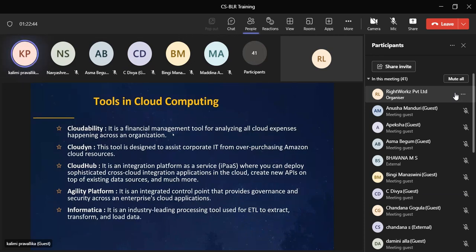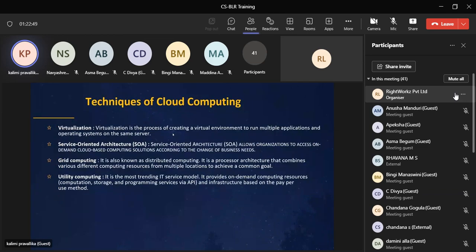Next, techniques of cloud computing. Virtualization. Virtualization is a process of creating a virtual environment